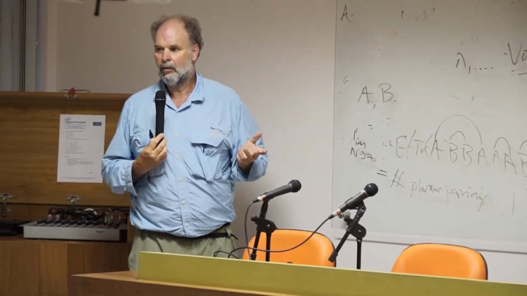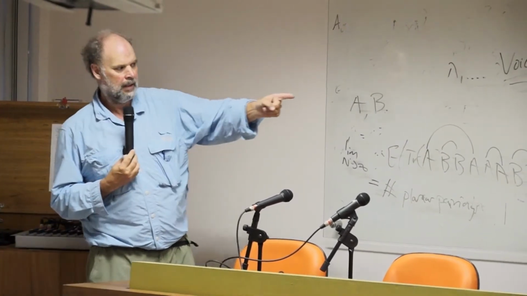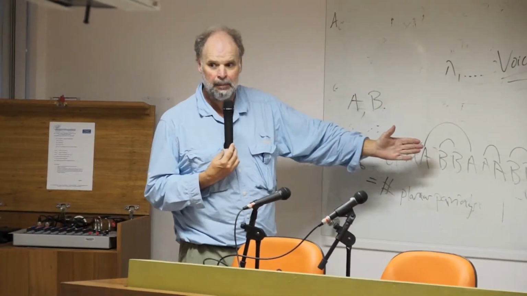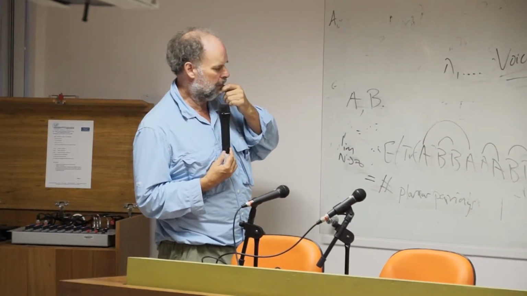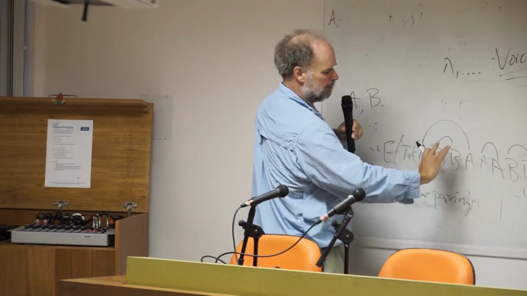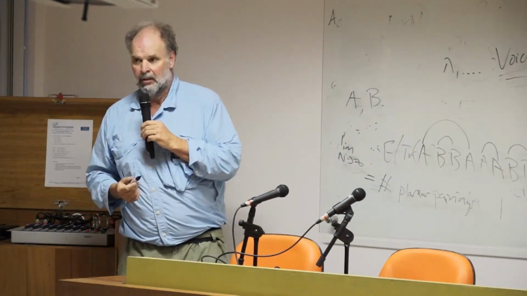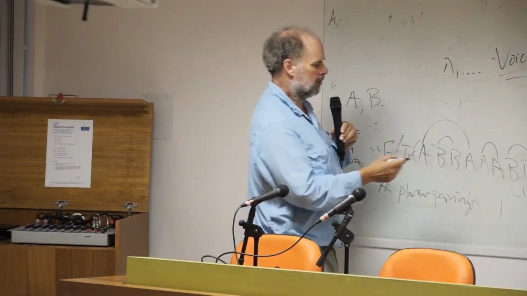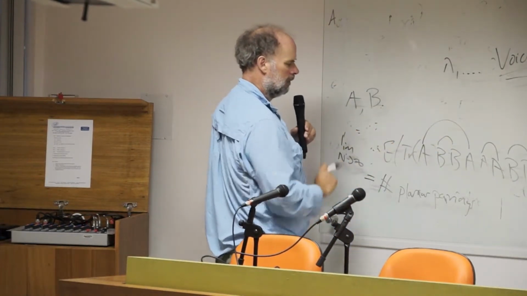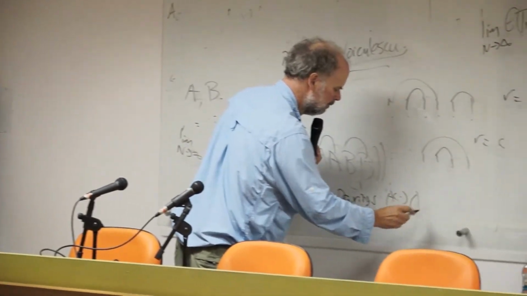Okay, so now all of a sudden that nice combinatorial formula which gave you that binomial coefficient doesn't work. It's going to depend on the word. For instance, in this particular word, how many pairings are you going to get? Well, not so many. For instance, you can't pair these B's with these B's because the A's would have to cross. So there's the answer, and this was Voiculescu: this limit of this trace is actually equal to the number of planar pairings, pairing A's to A's and B's to B's.